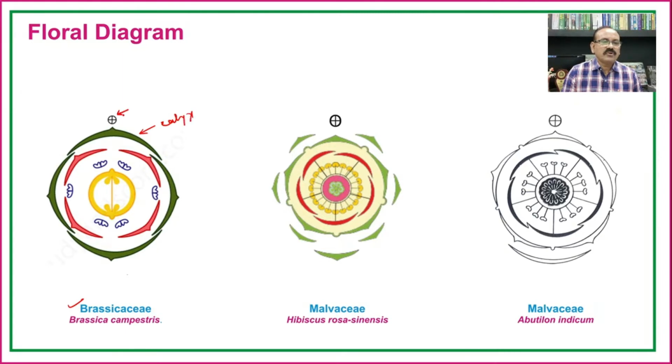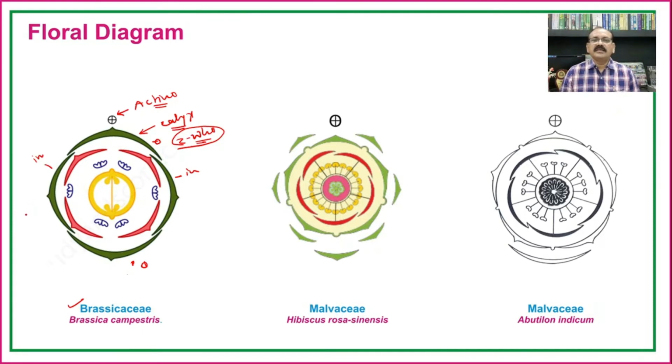Then there is a presence of mother axis, which shows the actinomorphic condition. The calyx is present in two whorls, and hence they are drawn like this: the outer ones, that is two sepals, are present in an outer whorl and the remaining two are present in an inner whorl, and hence here the sepals are present in two whorls with the valvate type of aestivation.